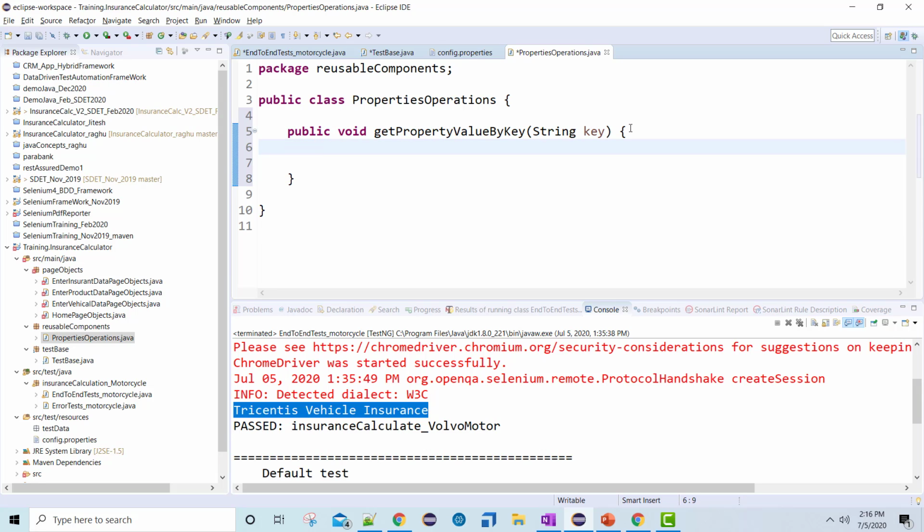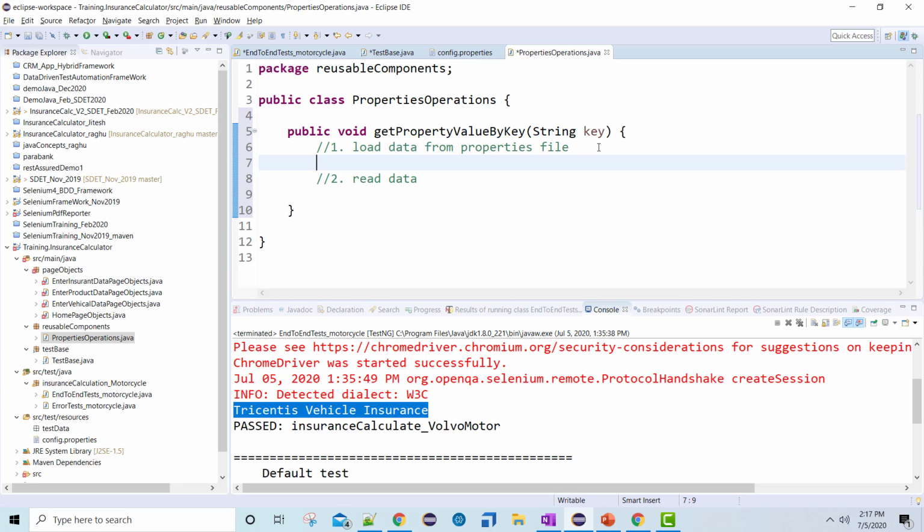Now my overall aim is to read the data from the properties file. But before I read the data from the properties file, I should load it, right? So my step one is going to be load data from properties file, and once the data is loaded, then my second step is read data. So it is divided basically into two parts, because before I read the data, I should load it into memory, right? Then only I will be able to read it. So let us work on step one.